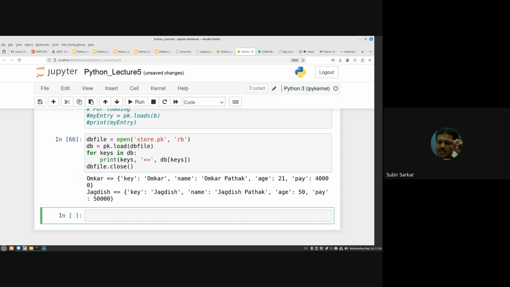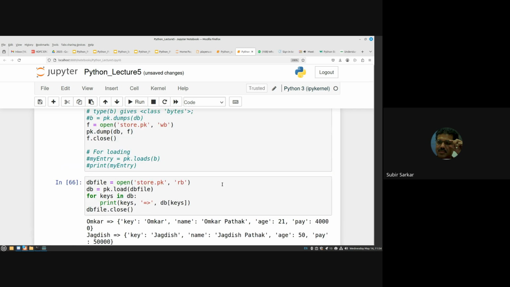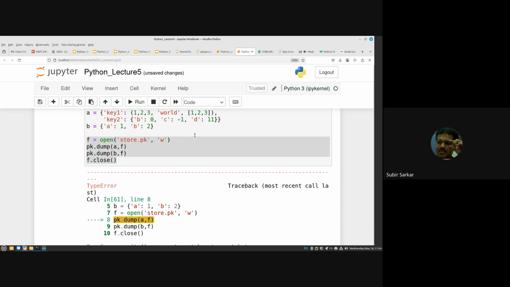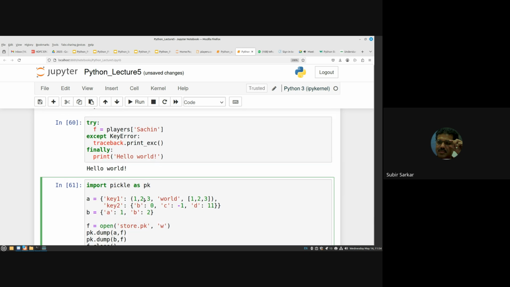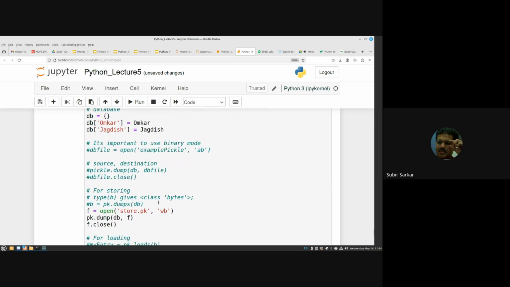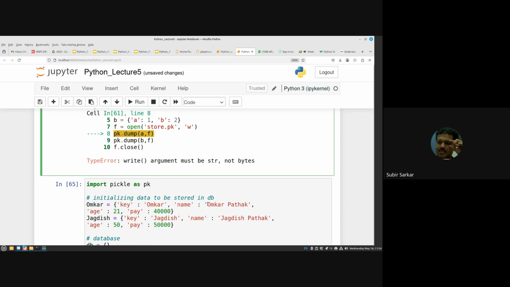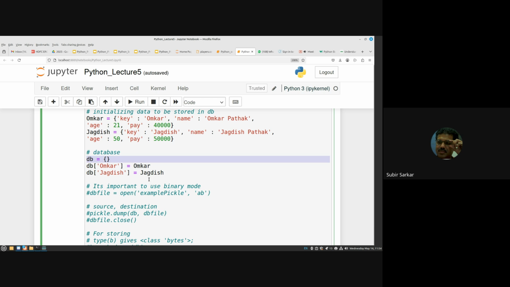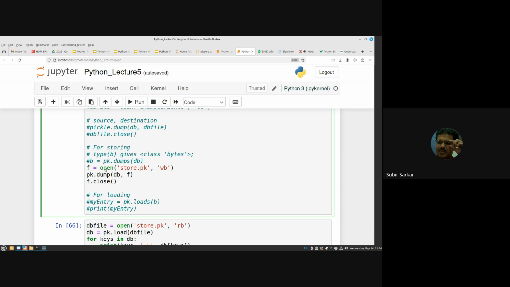So you can see that it works. Because of this hiccup that I have to take an example from others, the Python 2 code will not work anymore. So in Python, that is one of the problems, that it is not backward compatible, but this example is good enough. You have two dictionaries, and then you have another dictionary. These two dictionaries are part of this dictionary, and you use two keys. Then what you do is open a file, and as binary you store that overall dictionary into the file